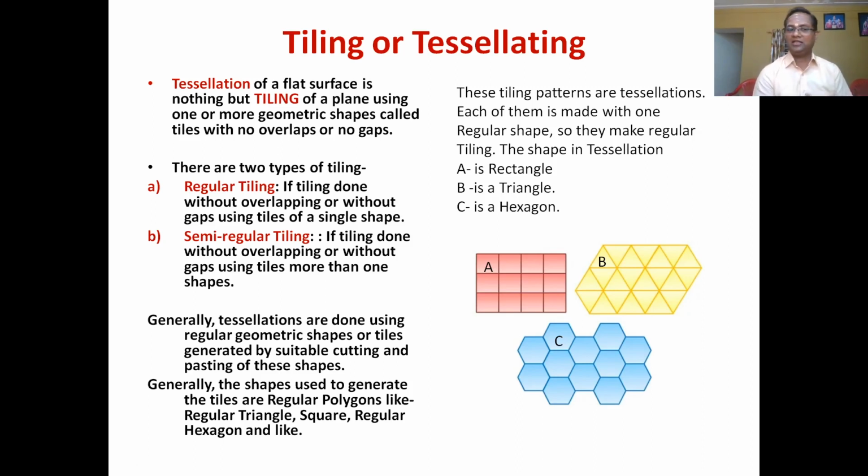Okay. Now generally tessellations are done using regular geometric shapes. Whenever we are tessellating, you should remember regular geometric shapes are used, like you can use a square, you can use a rhombus, or you can use a rectangle. Such regular geometric shapes are used and they are tiled together to make tessellations. A few of the tessellations can also be made using triangles or octagons. Okay, so any shape, but they should be regular.